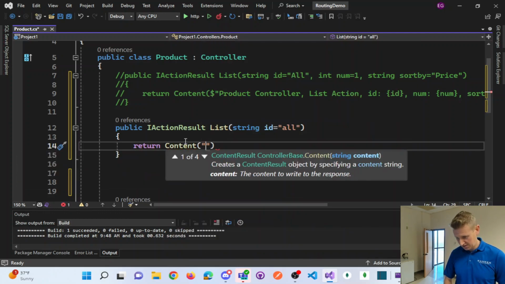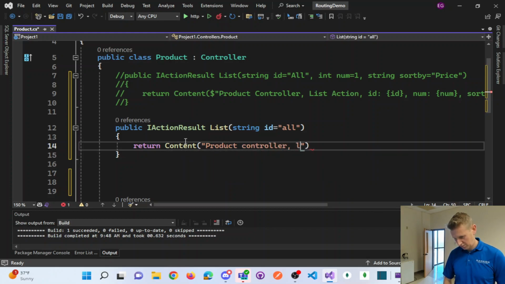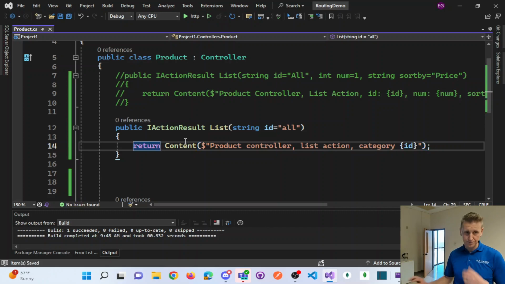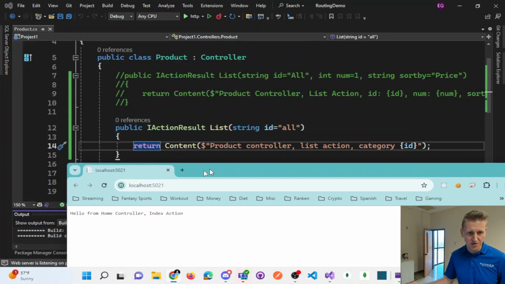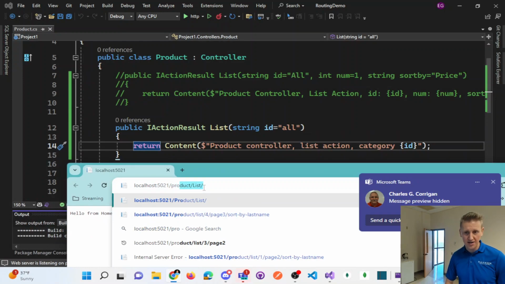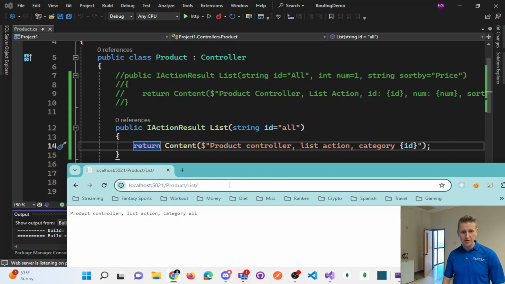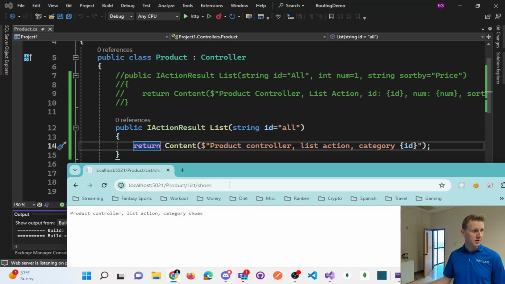Just to demonstrate this. So right now, to hit this route, assuming we'll just go back to what we used as the default, we were to say /product/list, okay? And if we were to throw in a category of shoes,